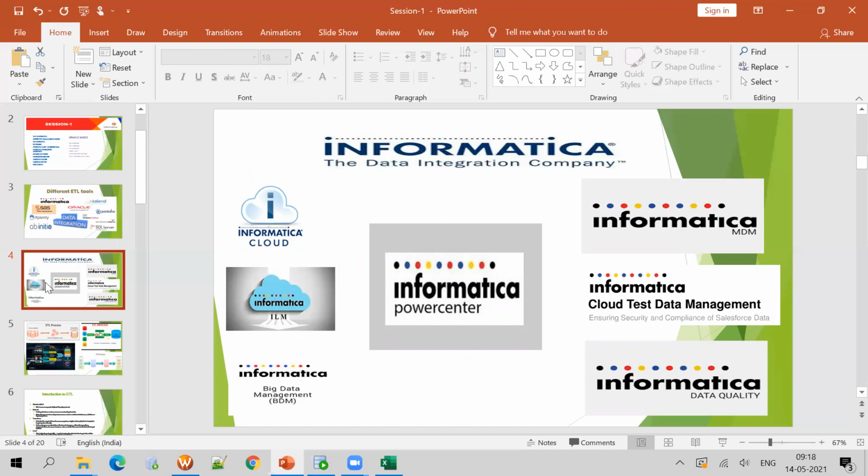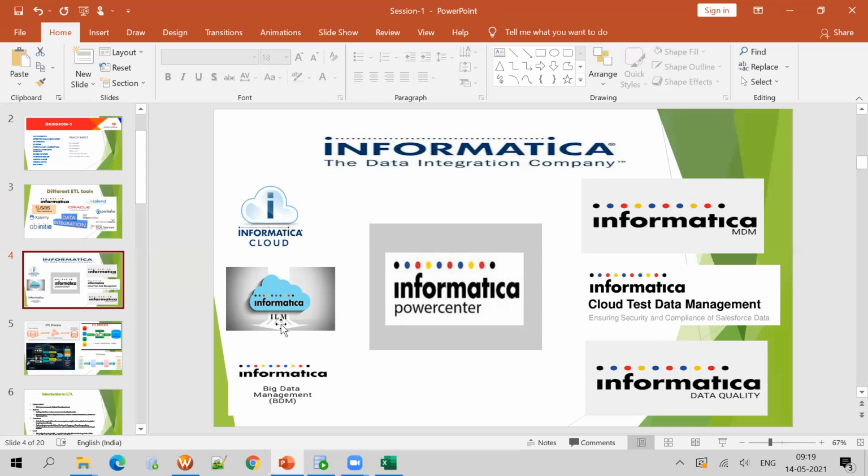So if I come to the next slide, Informatica has different tools. Again, Informatica is a company, Informatica Corporation, located in the United States. The main head office is located in the United States, and Informatica Corporation has different kinds of tools. We are now learning Informatica PowerCenter, so this is the one we will learn about. Apart from this, they have different tools available. Informatica Cloud is one tool.